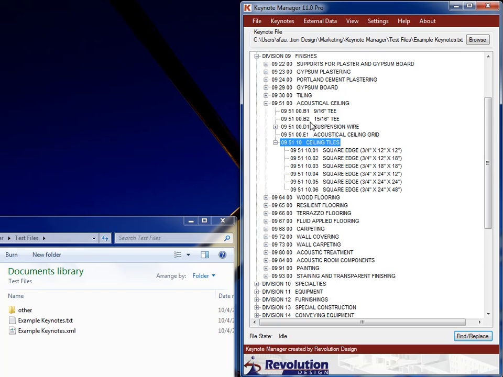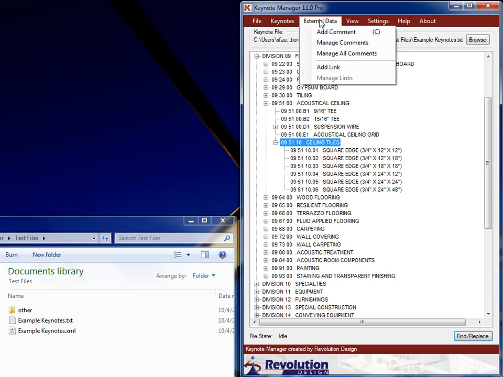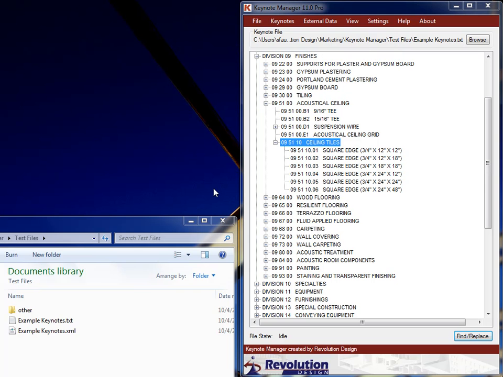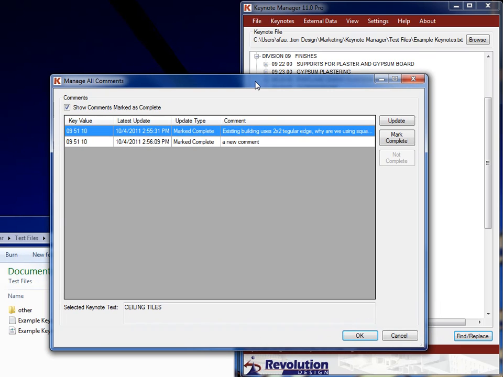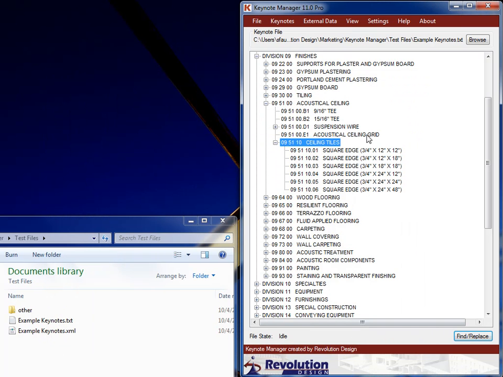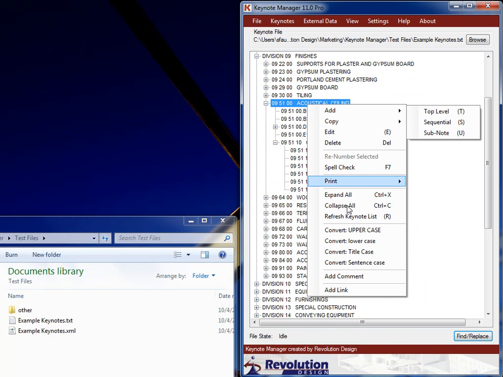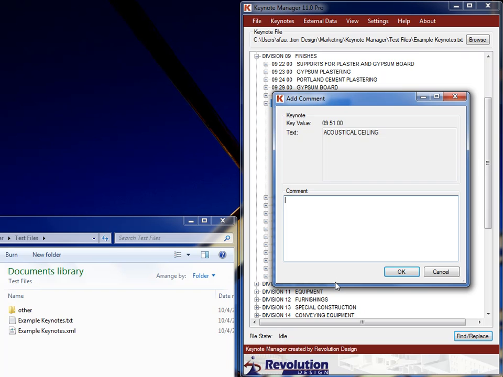Okay, and then lastly, under the external data menu up here, I've got the same add comment, which is the same as right clicking, and manage comment, which is the same as the right click menu. I've also got manage all comments. That brings up this dialog, which shows comments from all keynotes. I've currently only got one keynote commented, but if I add a comment here,